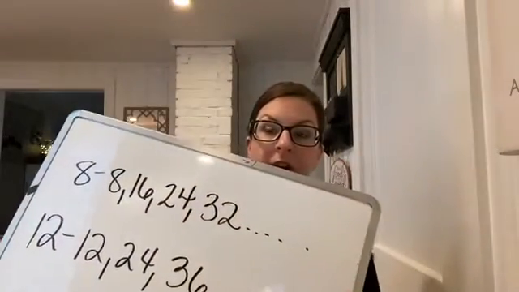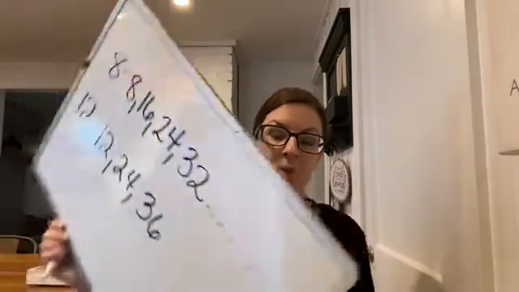So 8, 16, 24, 32, and let's do our 12s, because I know my multiplication tables, that I think I know what the least common denominator is going to be. So 12, 24, I don't even need to move on. Okay, so what is the least common denominator of 8 and 12? 24. Okay, so if I'm going to add